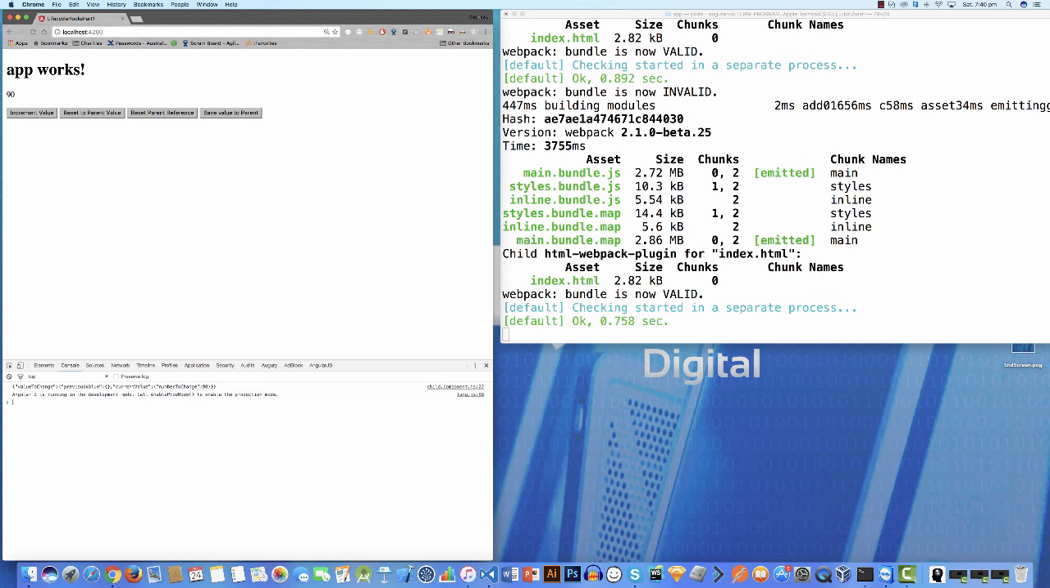So we got the ngOnChanges event. We're going to increment that a little bit. Click save value to parent. So now if I keep incrementing and I click reset parent value, we go back to 100. Yeah, so we didn't need to save the parent reference because that changes the